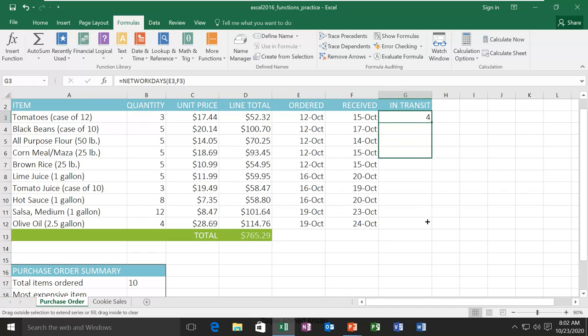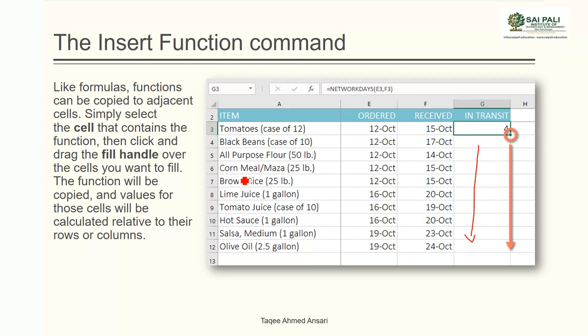I can copy the function to other cells, and here I get all the work days in between these two dates. So this Insert Function command is useful if you don't know anything about the function which you need.